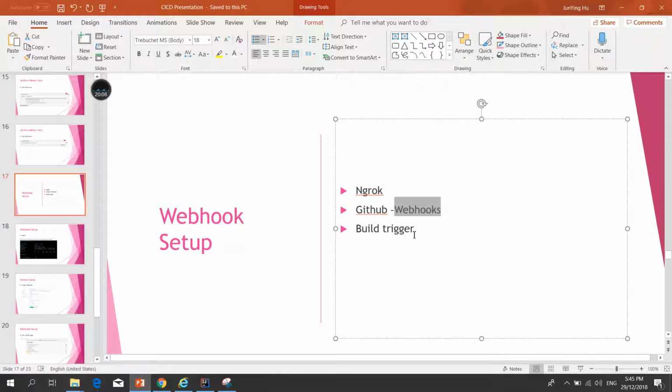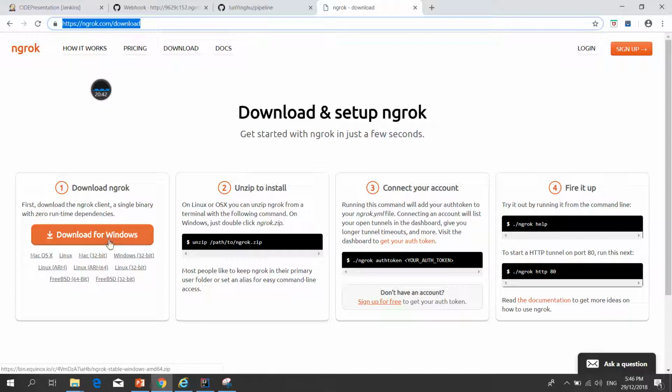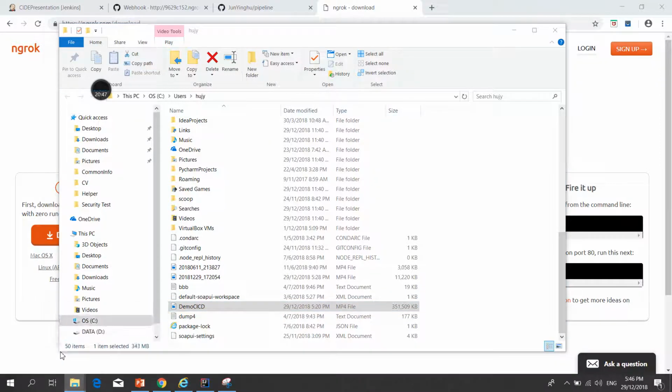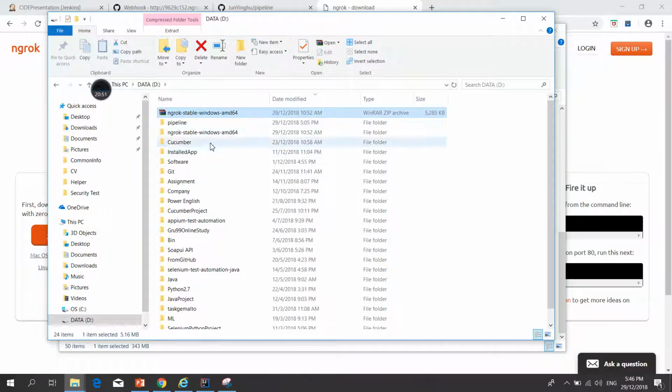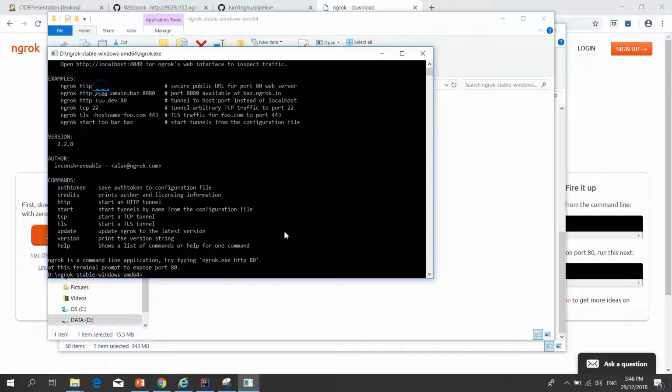The purpose of this is to trigger a build through GitHub automatically. So before setting up the webhook, we need a small tool called ngrok. You can download it from the ngrok page, the version for Windows. I already downloaded it. Here it is. After unzipping this file, I get an ngrok application. I double click it. Then I enter the command ngrok http